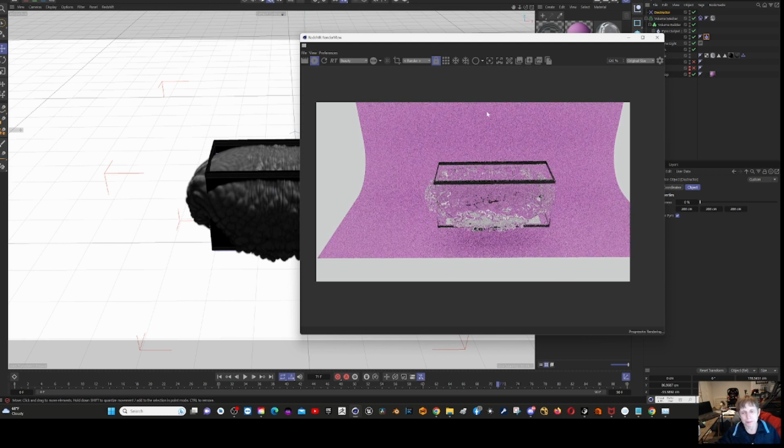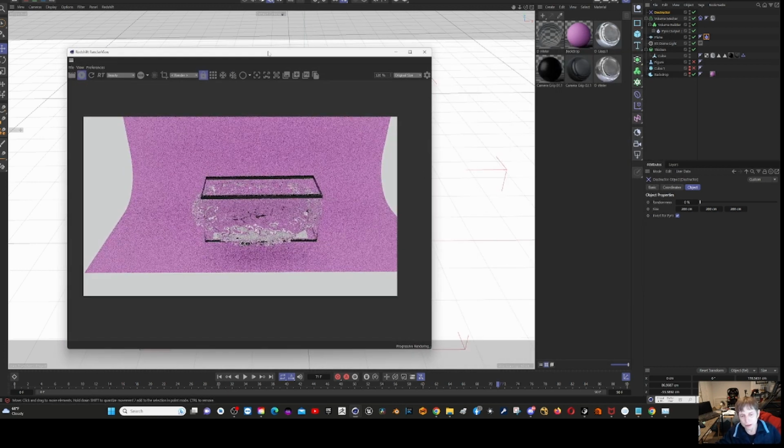Now there may be some other things I can do, but to me, this is not what I want. If I want flowing water, and if you have X-Particles, I'm pretty sure X-Particles has water simulations built into it. I think this is the one thing Cinema is missing right now. You kind of have to kludge them up using the pyro. And there are two ways I saw it done. The one I'm using here